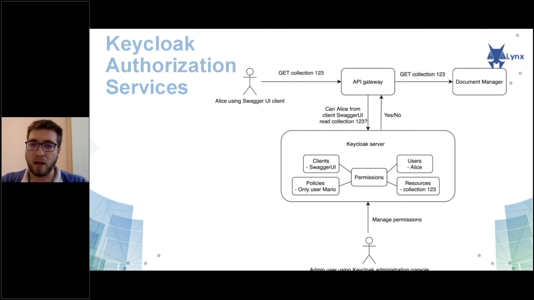In this example, Alice asks for a GET operation on collection 1 to 3. The API gateway receives the request and delegates the decision to the Keycloak server. The Keycloak server will use the authorization data it stores to decide and will send to the API gateway a positive or negative response. The API gateway will then act accordingly, and in case the response is positive, it will forward the request to the right microservice, in this case the workflow